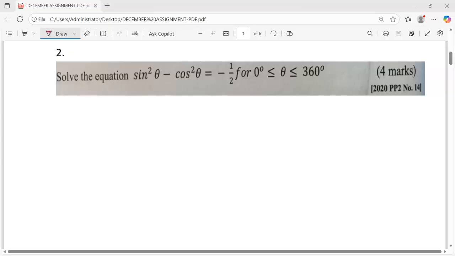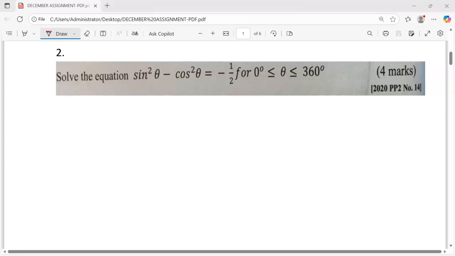This is KCSE 2020 Paper 2, question number 14, and the question reads: solve the equation sin squared theta minus cos squared theta is equal to negative half for the range of values of theta between 0 degrees and 360 degrees. The first thing we need to remember is that we are going to start by applying the